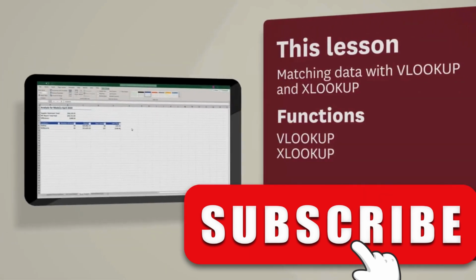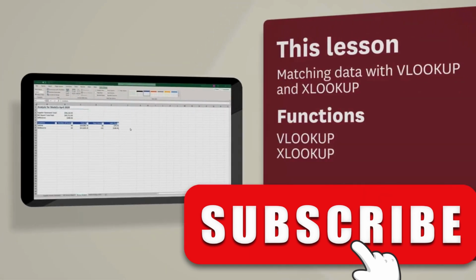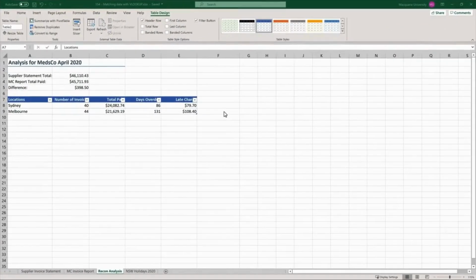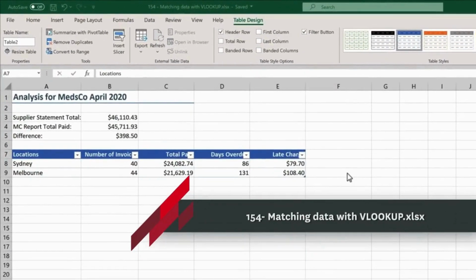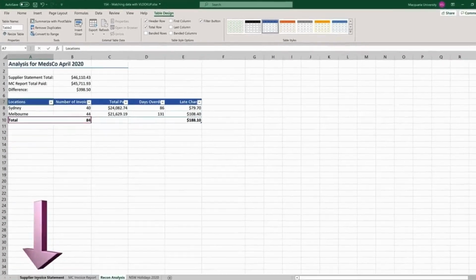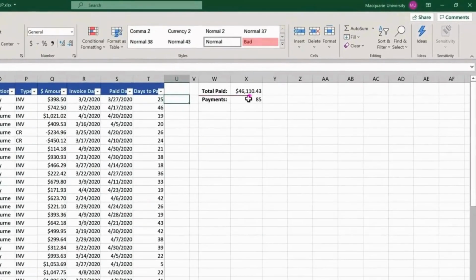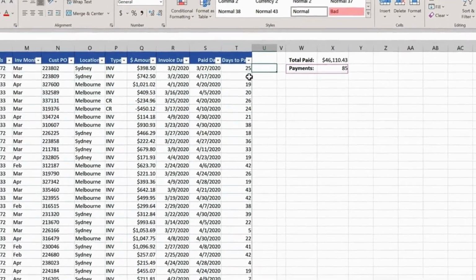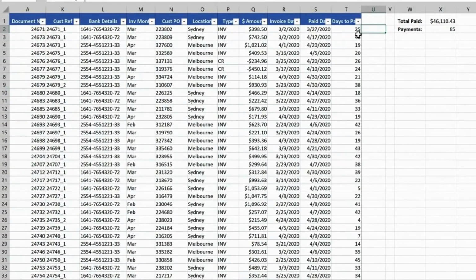In this video, we're going to look at how we can use VLOOKUP to match data exactly, and we're also going to take a peek at the brand new XLOOKUP function. So coming back to the reconciliation, Zara has identified that in our MC report, there are 84 invoices, whereas if we check our supplier statement, there are actually 85. So we know there's at least one record in the supplier statement that is not in the MC report. What we need to do is find out which one, and probably the easiest way to do that is using